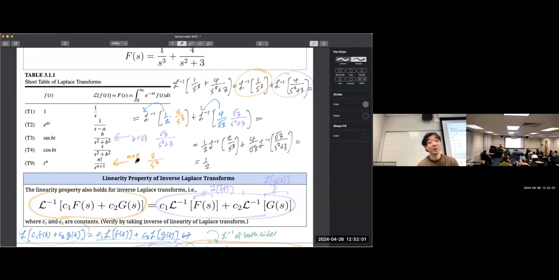We looked at this table with n equal to 2, so that's t squared, plus 4 over the square root of 3 times, what's the inverse Laplace transform of square root of 3 over s squared plus 3? It's this entry on the table. So you're going backwards, so it's like what? Yeah, sine of root 3 t. So that's the inverse Laplace transform of that one. Okay, so